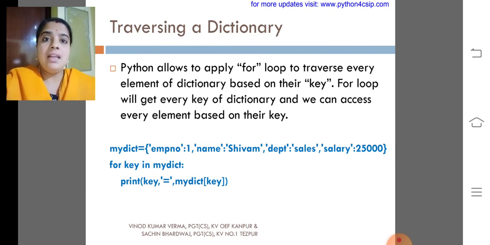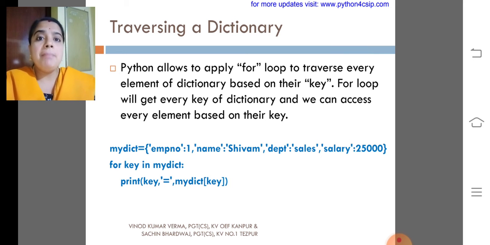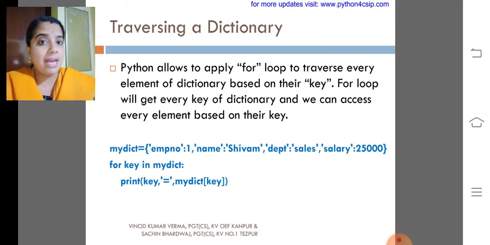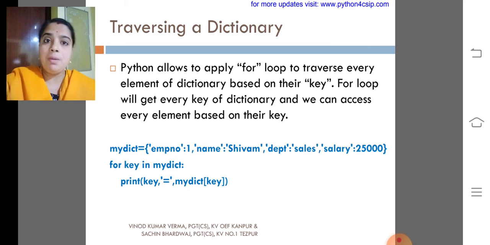As we discussed for list, tuple and string, how do we traverse through a dictionary? What do you mean by traversing? Traversing means meeting each and every element in a sequence. So in a dictionary, we also have many elements with key value pairs. So how to traverse through it? Using for loop logic.